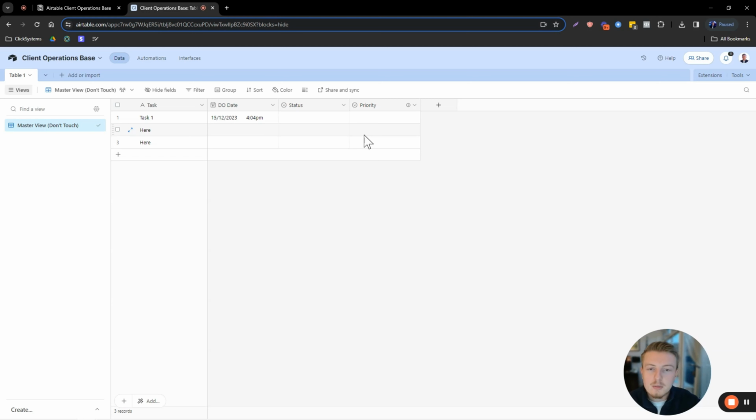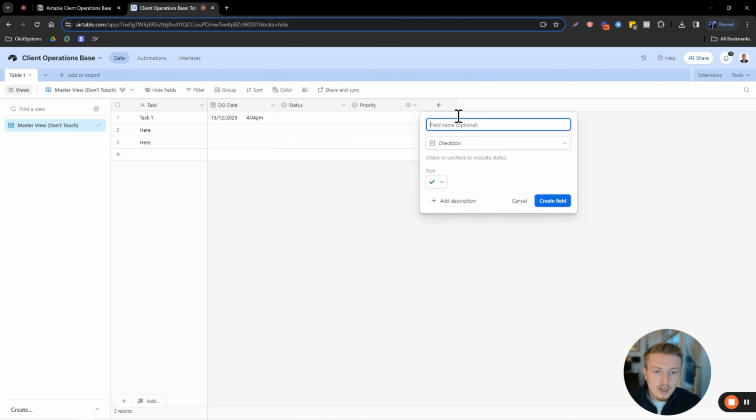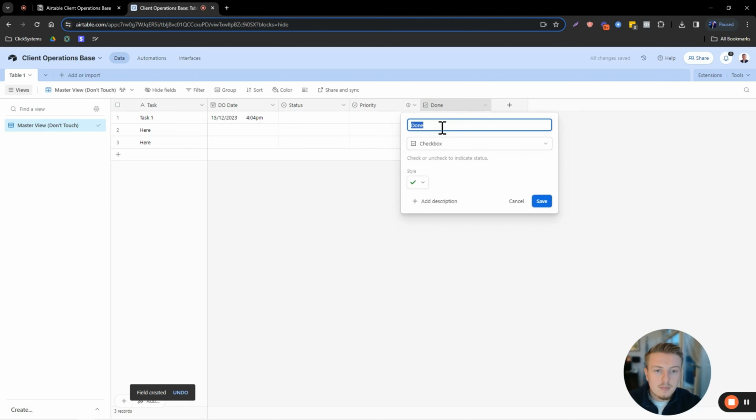So this is a proven system, just to be clear. So now we've got those 4 columns. I'm trying to think and remember what else we need to put on here. There needs to be a checkbox for done. So when the task is done, we're going to select that. So we're going to select the field as a checkbox like that, and we're just going to name it done